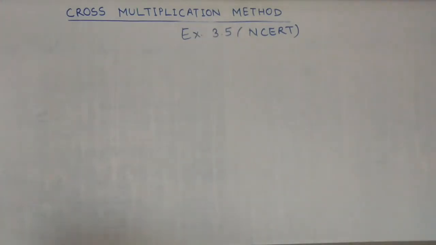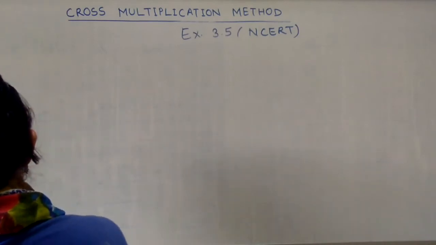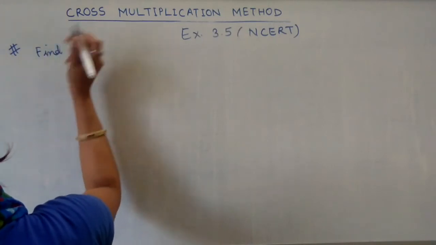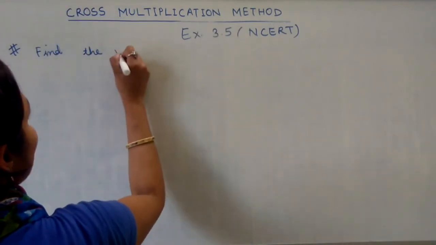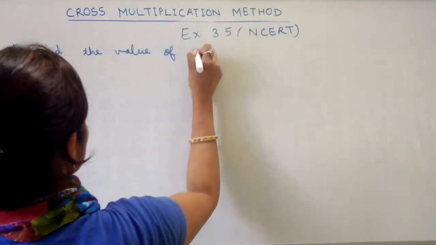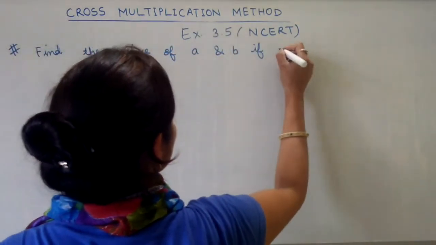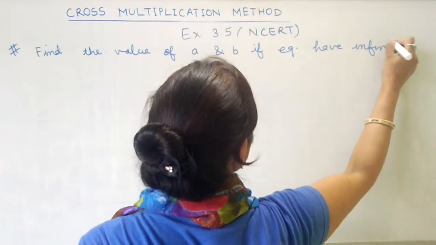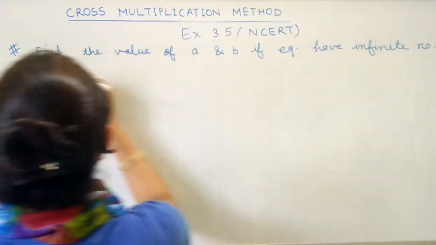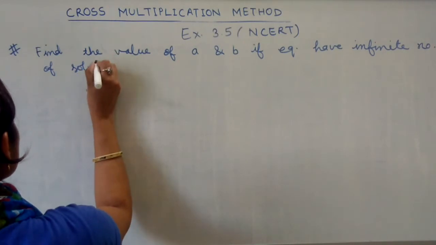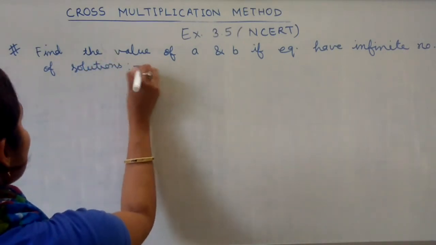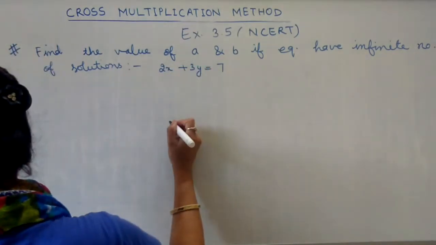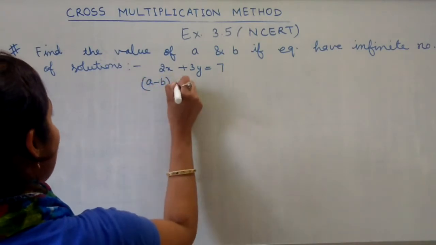The question is: find the value of a and b if the equations have an infinite number of solutions. The equations are given as 2x plus 3y is equal to 7 and